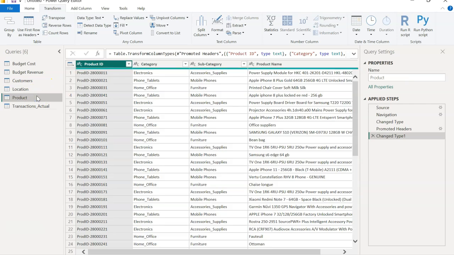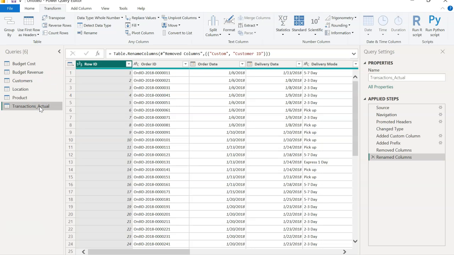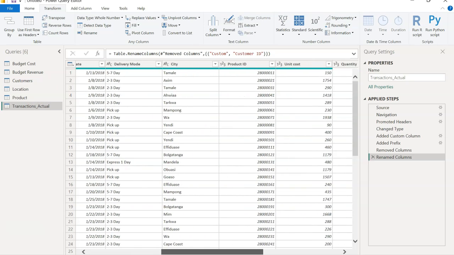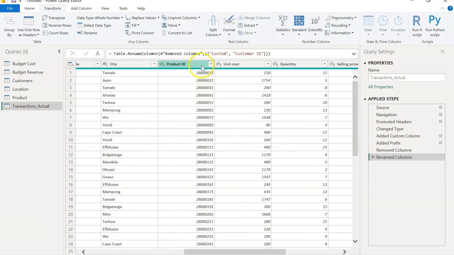It's a similar problem. Product ID here has a prefix prod ID dash, and then the numbers continue. If you look at the actual table, right, you notice that the product ID that we had here doesn't have the prefix. Some of these things happen in real life because of the configuration of the systems. Okay, but that's where Power Query becomes useful. You can use it to fix all these. So here we could do the same